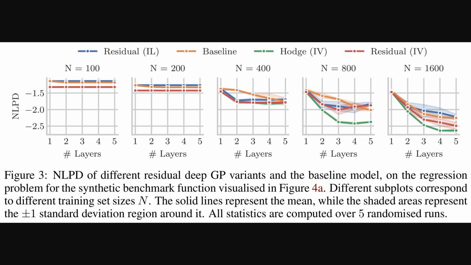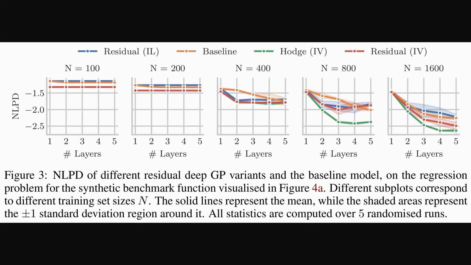Okay, so moving to the results. This figure shows how these different models perform on a synthetic regression task. We're looking at the negative log predictive density, or NLPD. Lower means better predictions. Alright, the key takeaway is that as we add more layers and use more data, performance improves. You can see the green line, representing that Hodge GVF approach with interdomain variables, generally performs best, especially for